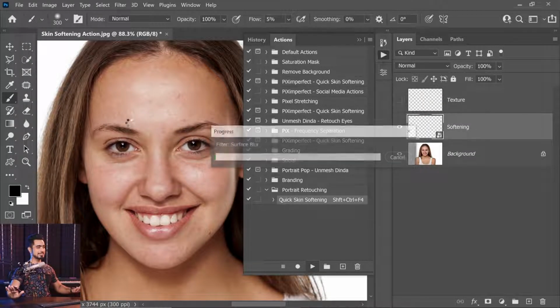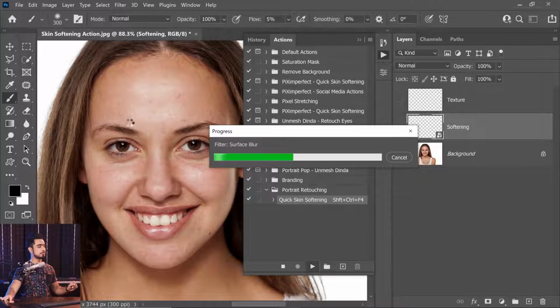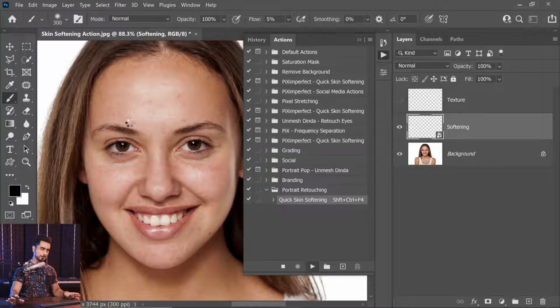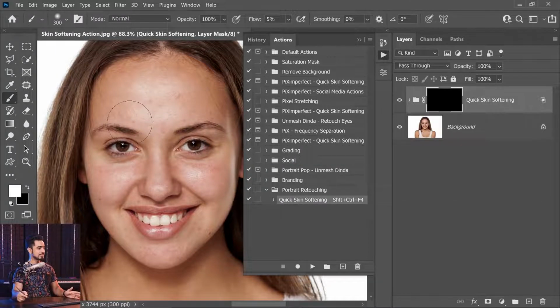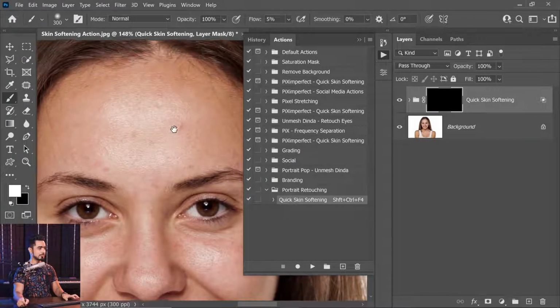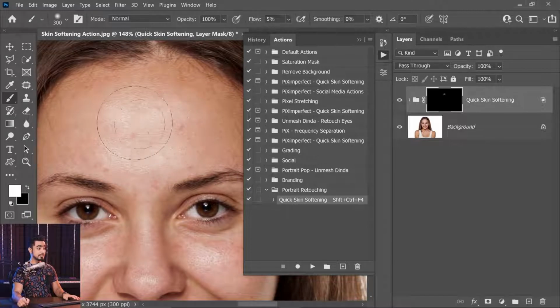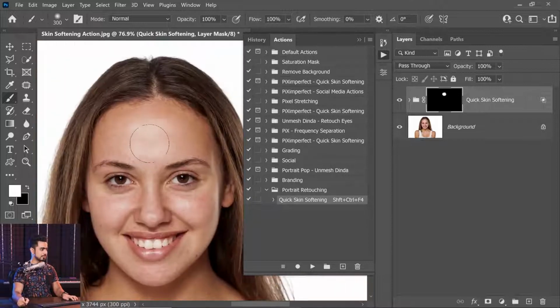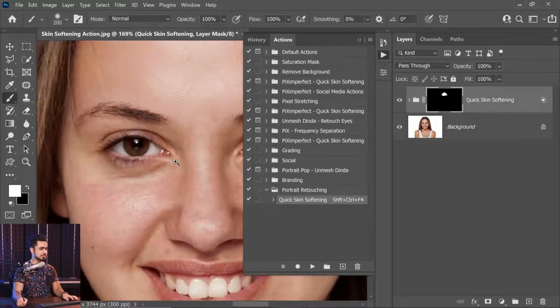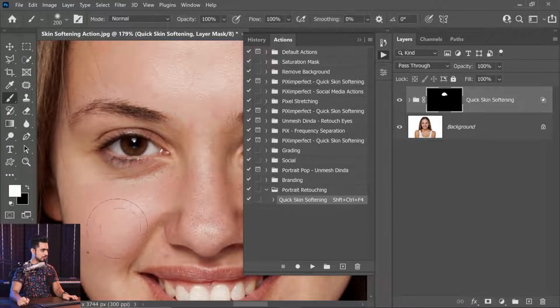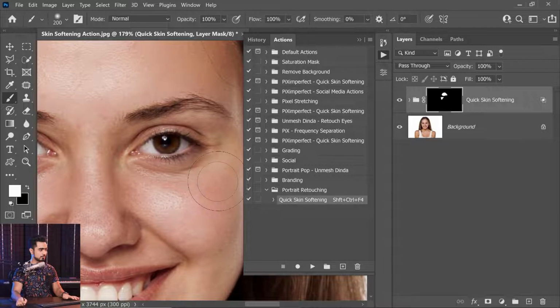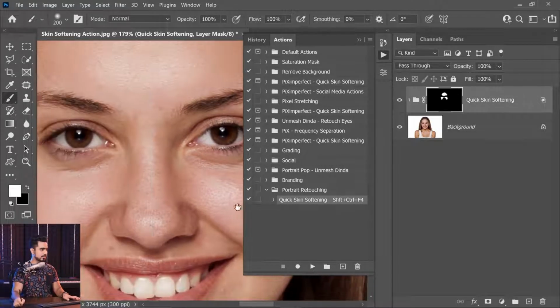So let's click on the action, click on play, sit back and relax. Automatically the brush will be selected for you. Automatically the foreground color will be white for you. And then once everything is ready, you can just start painting to make things softer. Right now the flow is at 5, so make sure flow and opacity are at 100 and just paint in to soften everything all up. Of course, remove the blemishes first and then work on these, but this is a pretty nifty brush to create a subtle